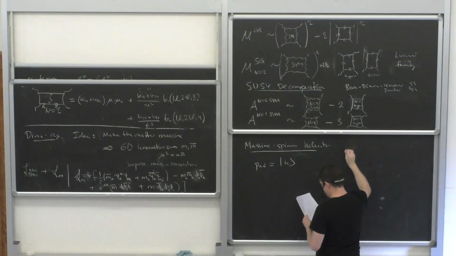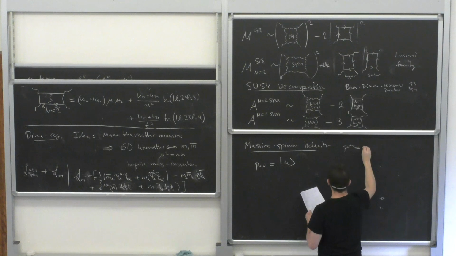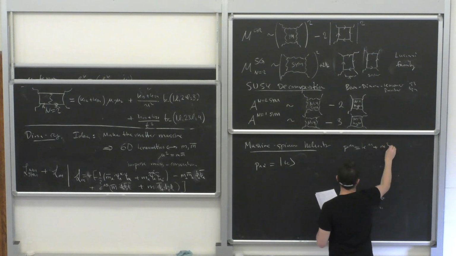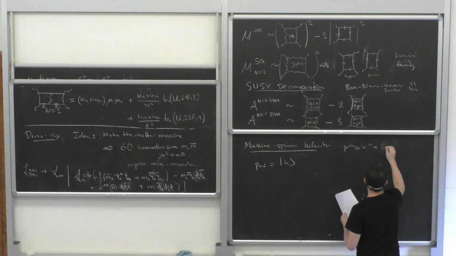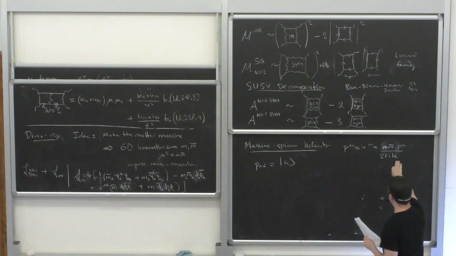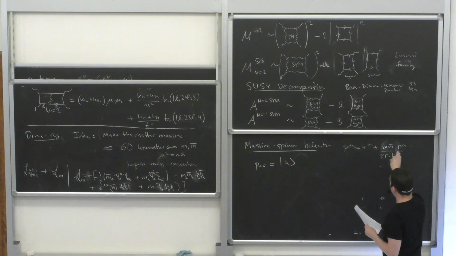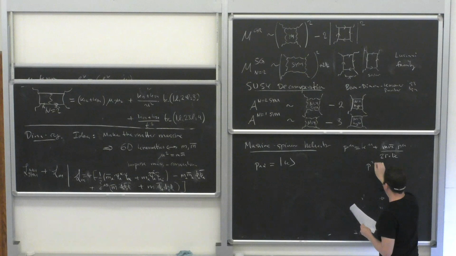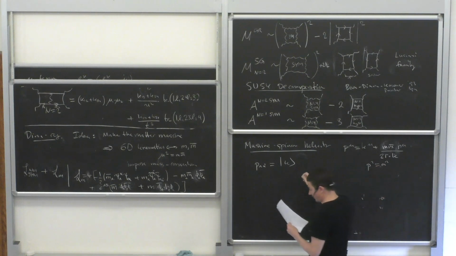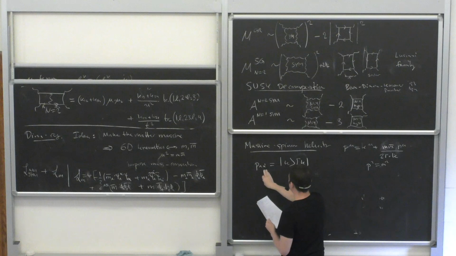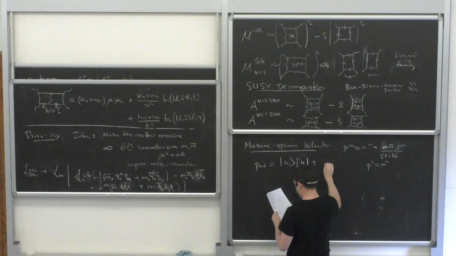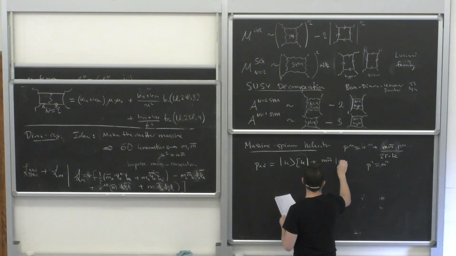It's convenient to write massive momenta as a superposition of massless ones, so we can write it as follows: p = k + (m m bar / 2 r·k) r, where r is a reference momentum. Two massless momenta superposed like this give something whose p squared is equal to m squared. And using spinor-helicity, I can do the same thing. I can write my p_{alpha alpha dot} in terms of the k spinors and also in terms of the r spinors.